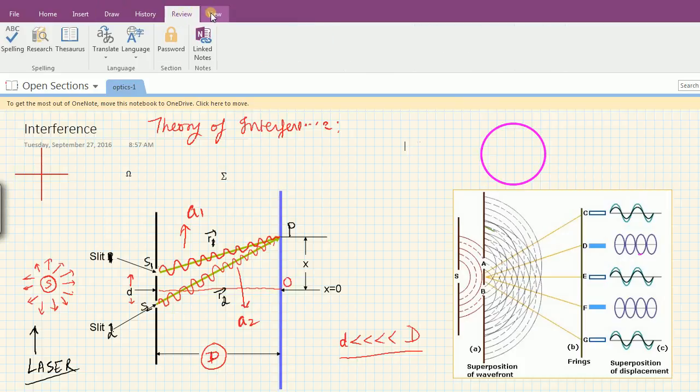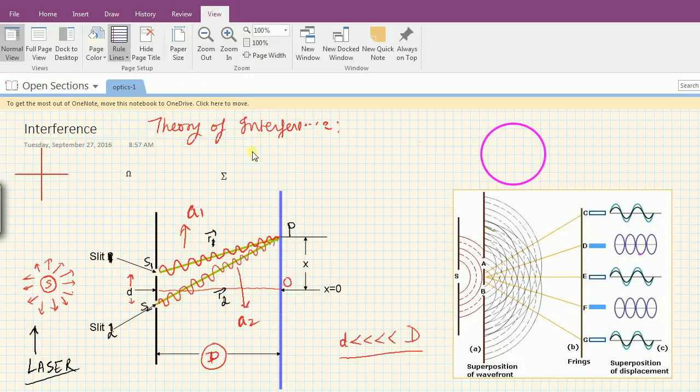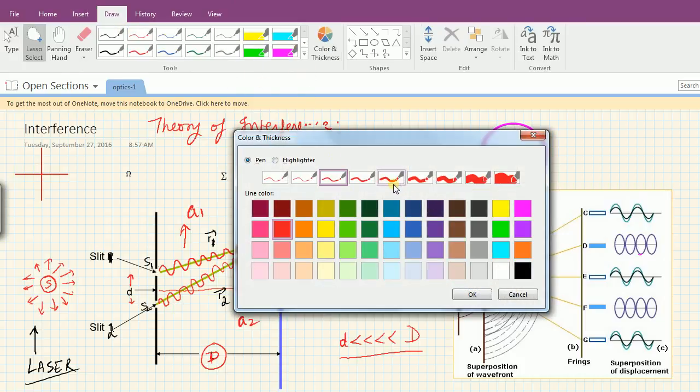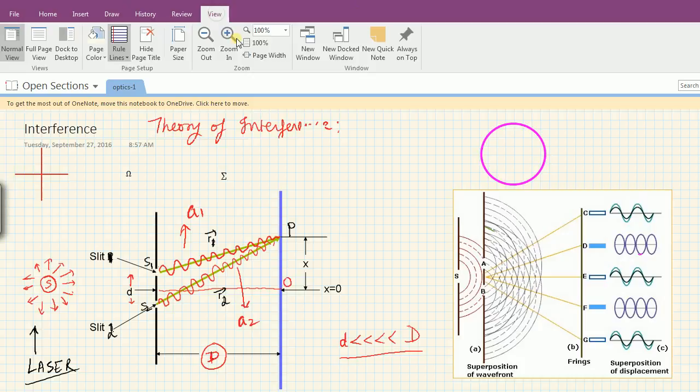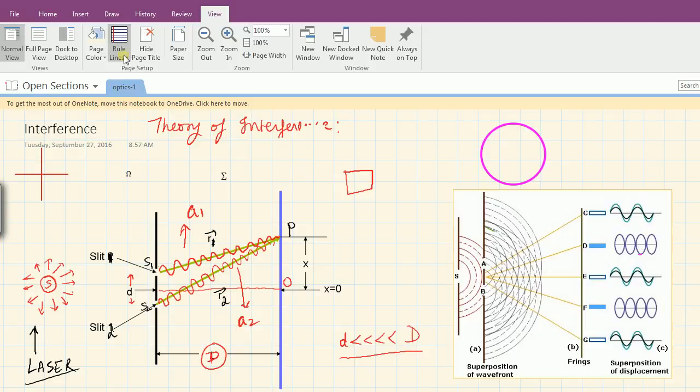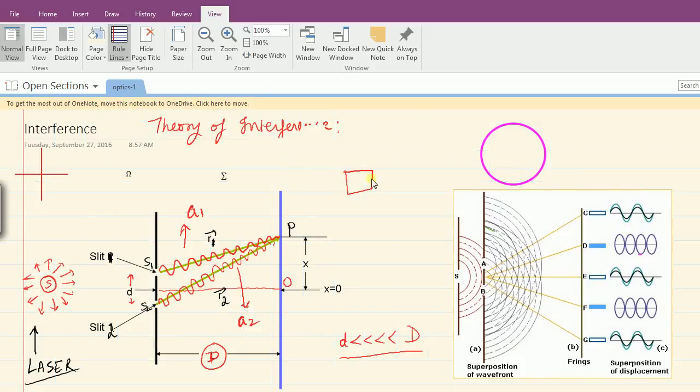And then after, the view tab is more important. First I select the pen of 1 millimeter thickness, okay, and now I'm approaching the view tab. Here you see that I have selected the small boxes. I have selected it from the rule lines, so you can see here this one. I have selected this one, you can select this one, right? Now the size is different, this one, or you can select a line.